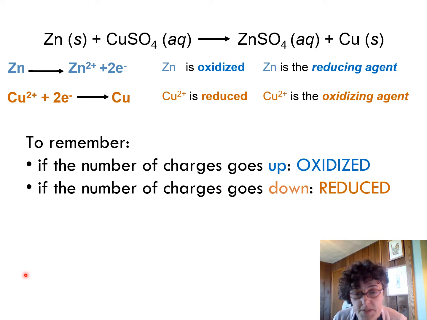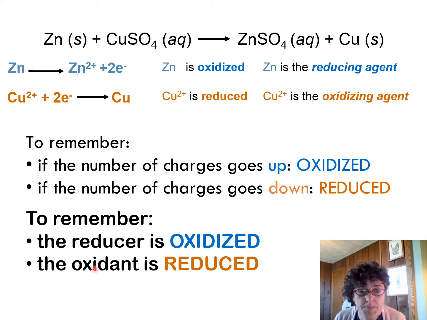To remember, there are different ways you can use. How do you know which one is oxidized and which one is reduced? If you notice zinc, that's the one oxidized, its oxidation number is going up. If you don't remember what the oxidation numbers are, we are going to refresh it right away. But basically the charge is going from 0 to +2, so it's getting bigger. As opposed to copper, which is going from +2 to 0, so it's getting smaller. It's getting reduced. Also you need to remember that sort of switch: the reducer is oxidized and the oxidant, the oxidizer, is reduced.